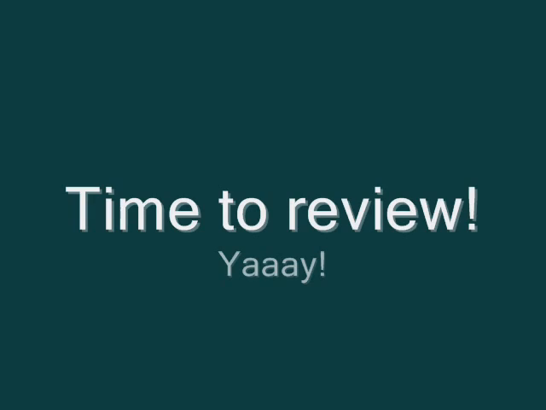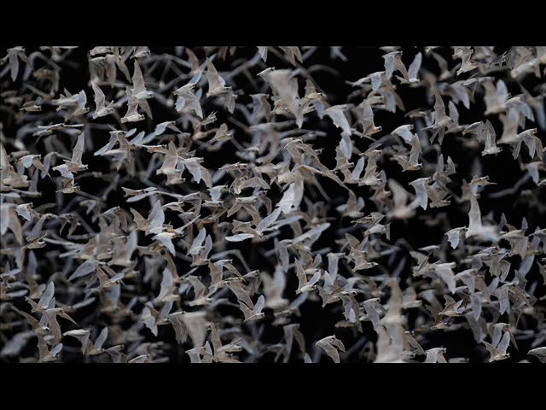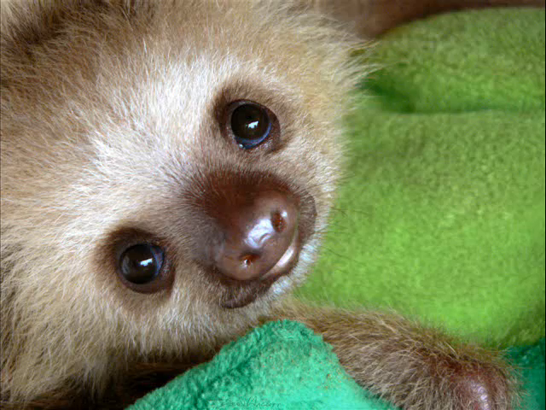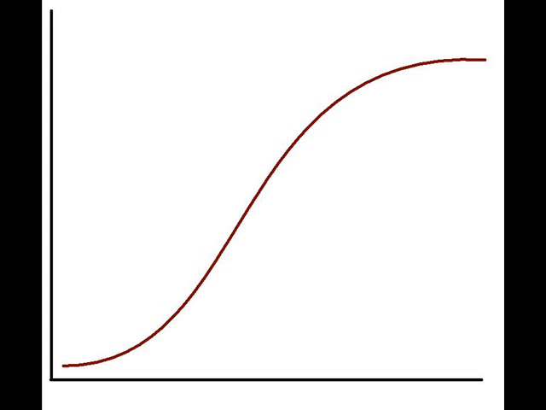So let's review. There are 3 important characteristics that define a population: its growth rate, geographic distribution, and density. In addition, 2 main factors affect population size. They include the ratio of births to deaths and the comparison of immigration to emigration: how many organisms move into or out of a population. However, the main concept is that without a system of checks and balances, a population would grow infinitely and in a pattern called exponential growth. However, eventually it would slow down or stop because of the lack of resources. We call this logistic growth.